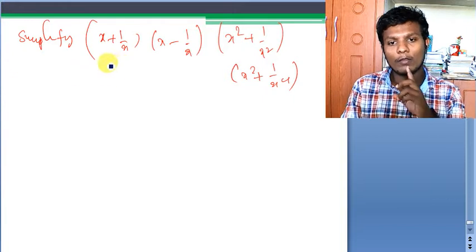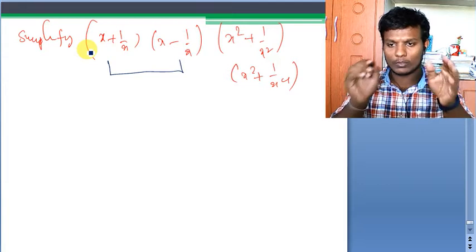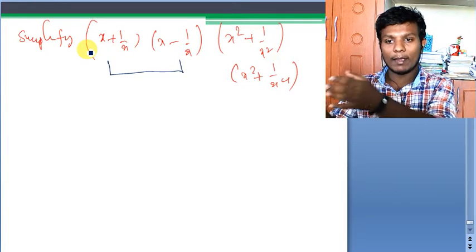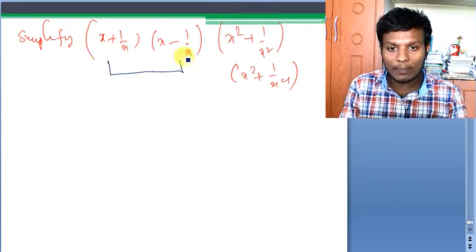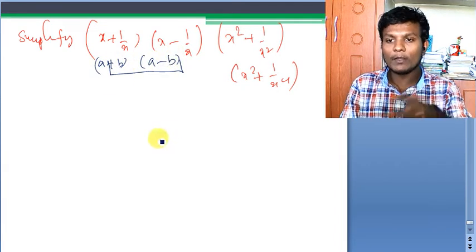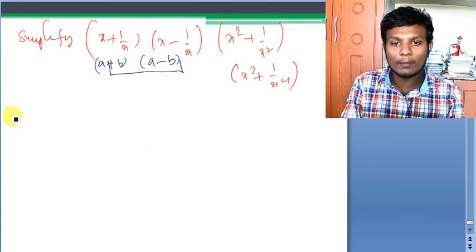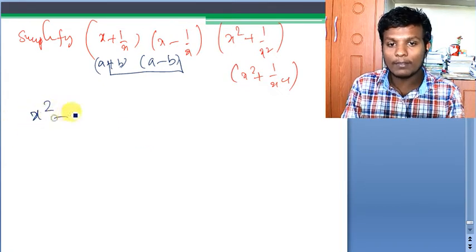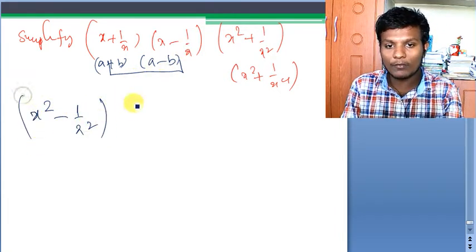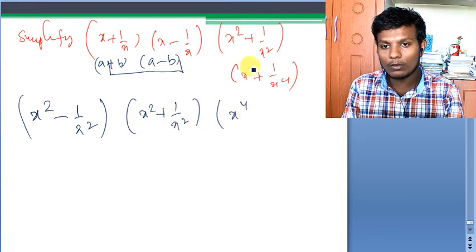If you have these first two terms, what comes to your mind? There is a plus b into a minus b. The same terms are there. I can compare them with a plus b into a minus b. A plus b into a minus b is basically, I know it as a square minus b square. So it's just x square minus, in place of b, 1 by x is there, 1 by x square. This part is over, and again I'm left with x square plus 1 by x square into x power 4 plus 1 by x power 4. This is the first step.